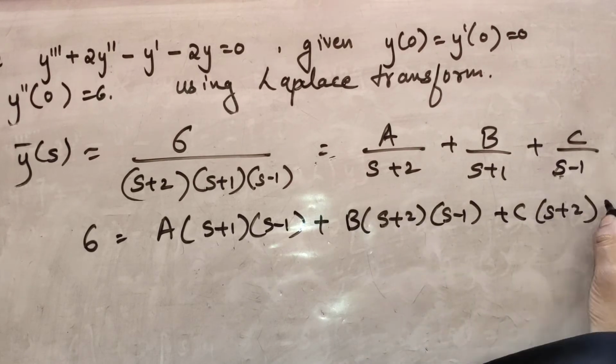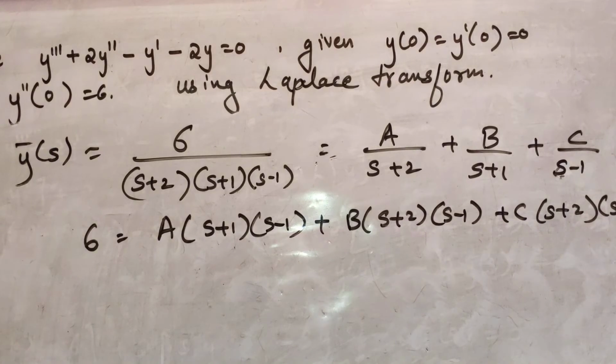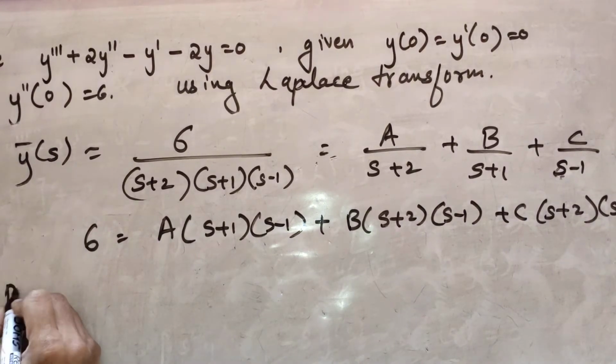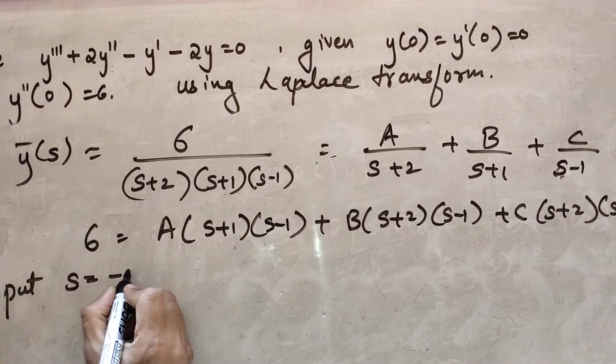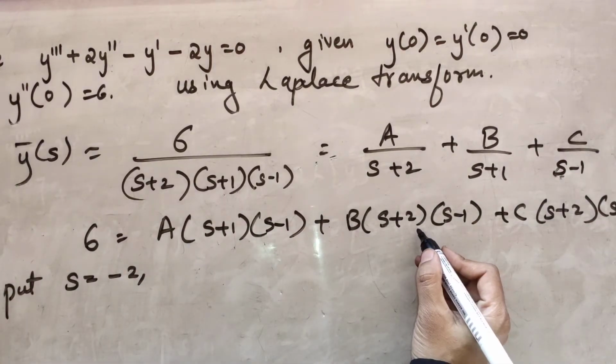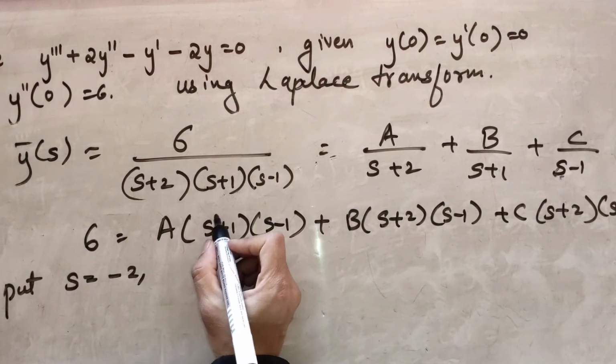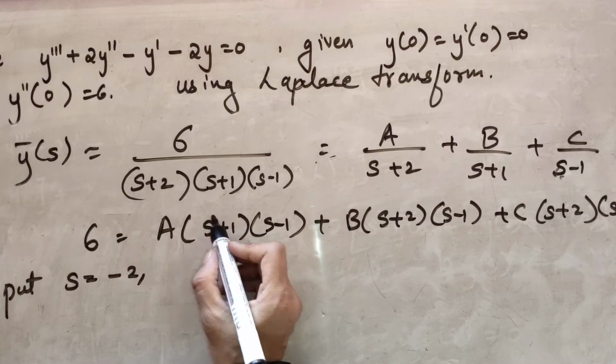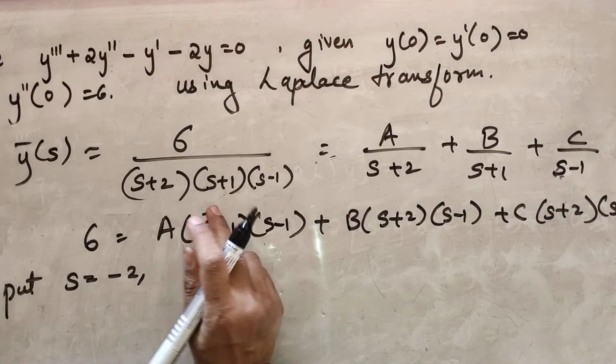s plus 2 and s plus 1. Now just put s is equal to minus 2. If you put minus 2, it will be 0 here, it will be 0 here. When you put s is equal to minus 2, what will happen? It will be minus 2 plus 1, it will be minus 1,